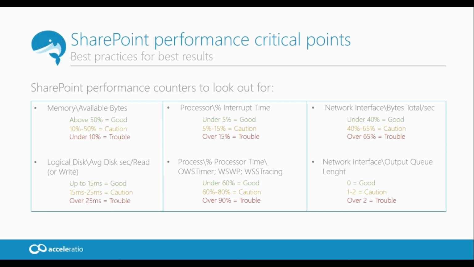What you can see here are the most important SharePoint performance counters and their recommended threshold values. As you can see, they're green for good, yellow for you should be on caution, and red means trouble. And for each of those metrics, in case they get into the danger zone or red zone or however you want to call it, it can significantly bog down your entire SharePoint performance. So that is something you're not going to want to happen, and you're going to want to keep an eye on these guys. So continuing on best practices,